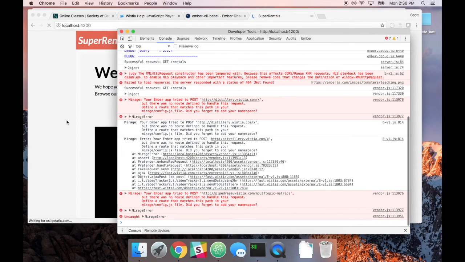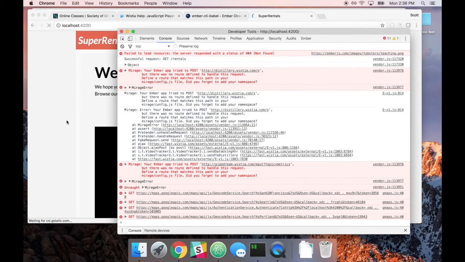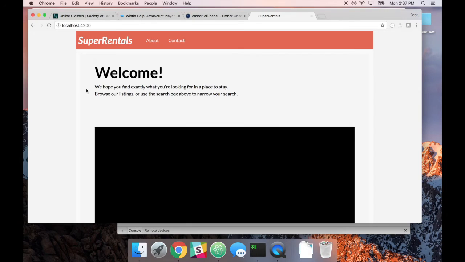That's really interesting. I have no idea why it's doing that. Oh, Mirage is stubbing its calls. Anyway, that's out of the scope of this, but I just wanted to show you that npm linking